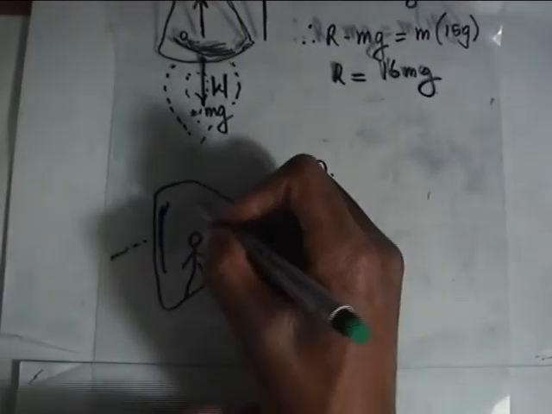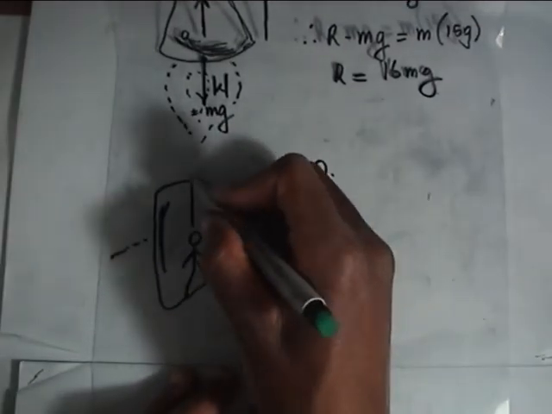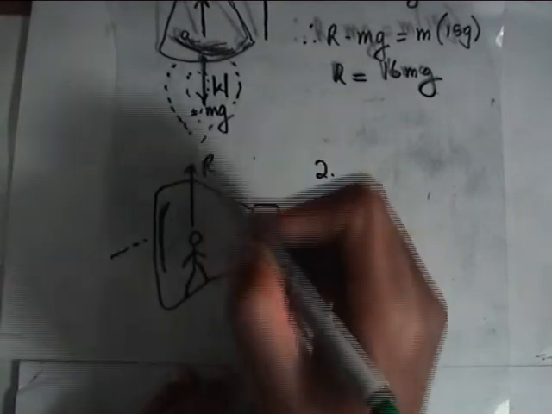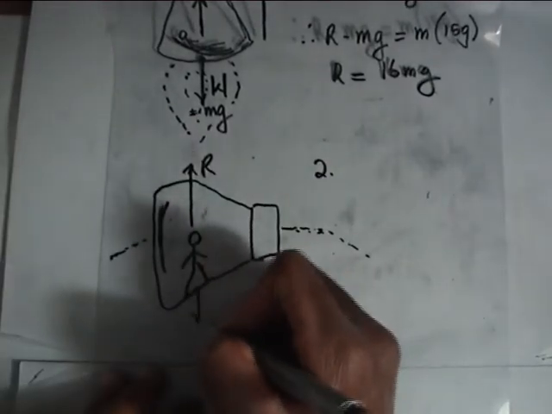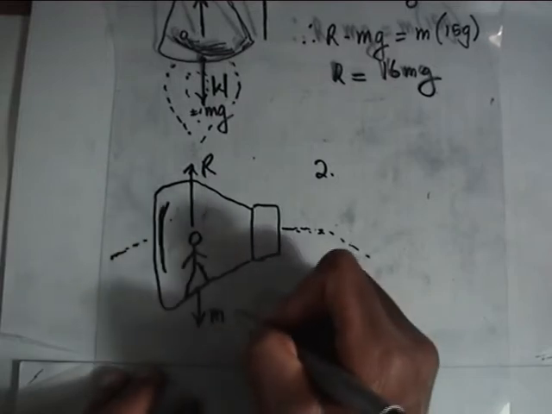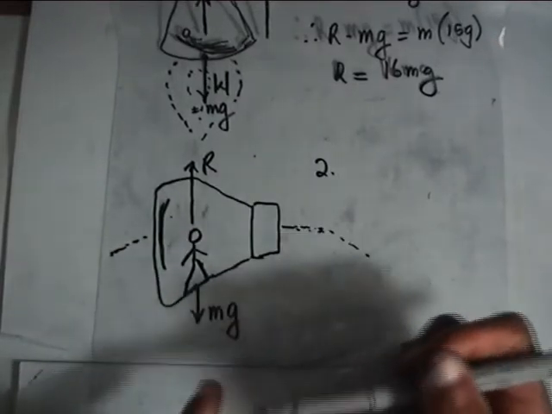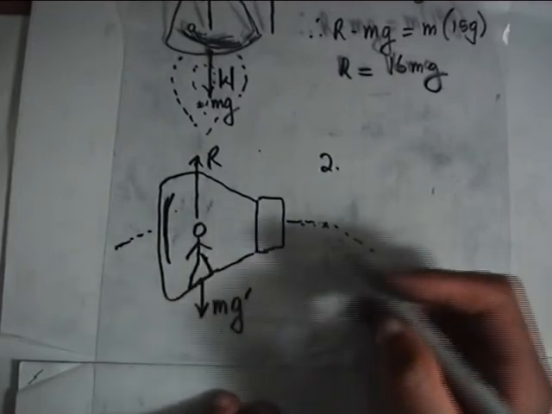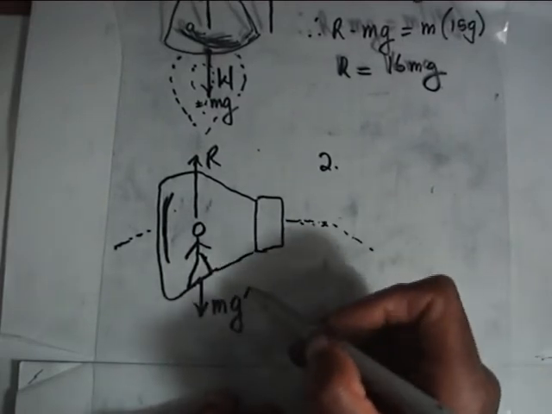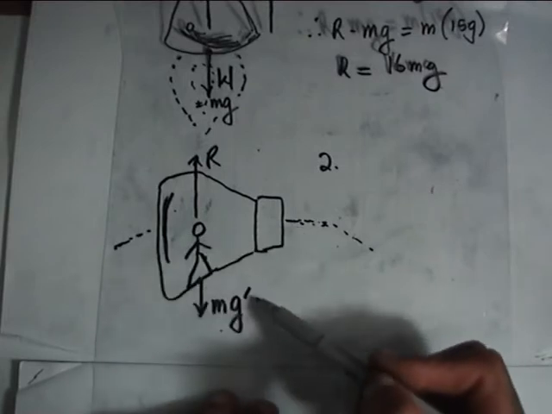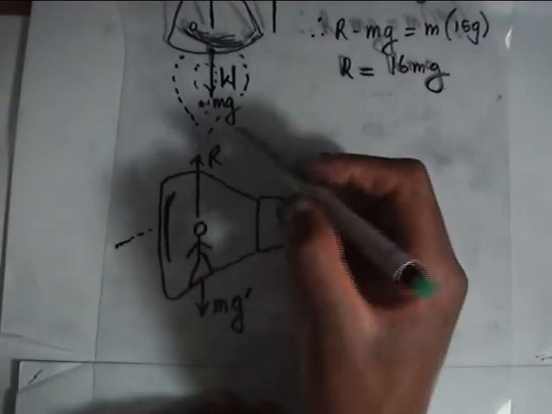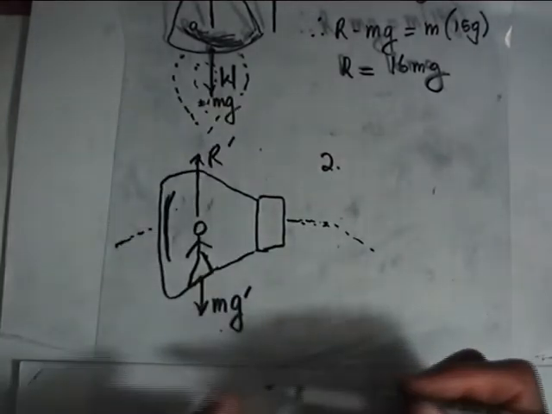Let's look at the forces acting on him now. We have obviously the reaction force, because he's standing here, the contact force. And we have his mg. But now I'm going to change this. I'm going to say g is the acceleration due to gravity at that particular point in that particular orbit. So I'm going to put this sign here, and then this reaction, I'm going to put it at the